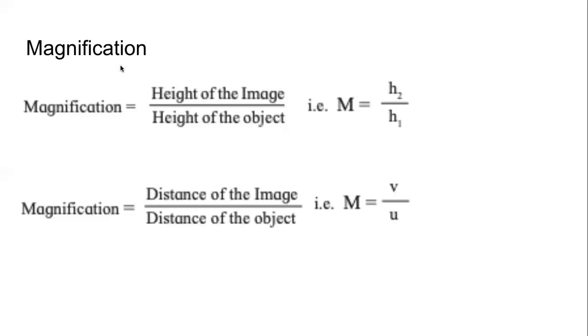Now, let us work with the same example that we used in the previous question. We said we are keeping the object 10 meters in front of the lens. So you told me that we will take u equals -10. Then I told you, if we do this, we are getting the image 10 meters behind the lens. So you said it will be +10 because it is on the right hand side of the lens. Using the lens formula, we calculated f equals 5. Remember this much?